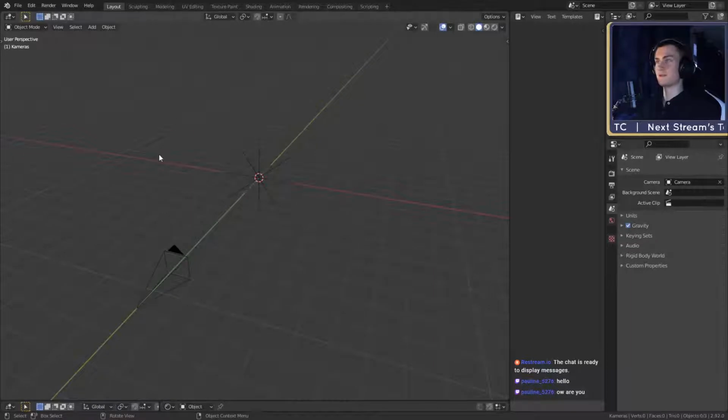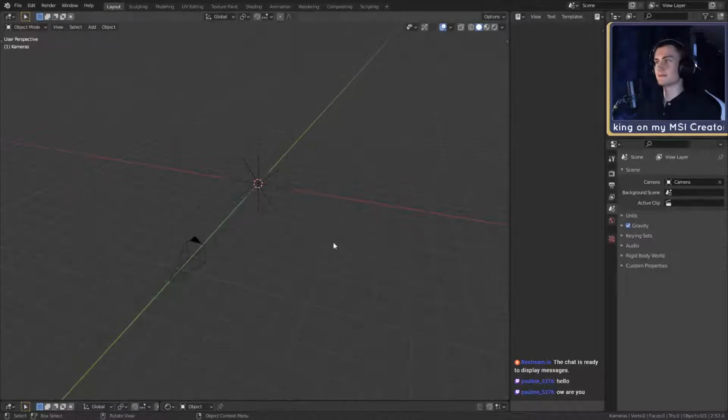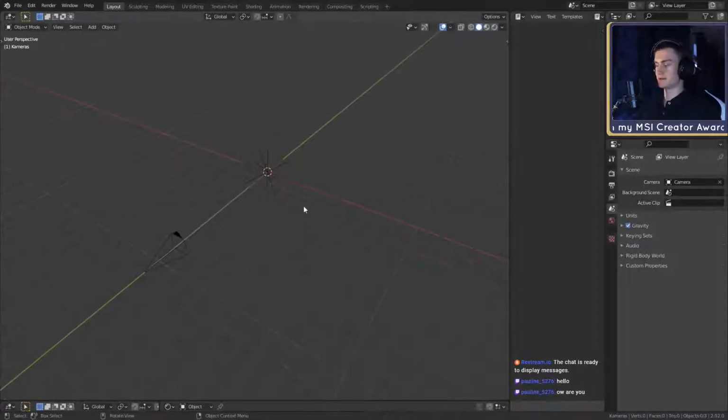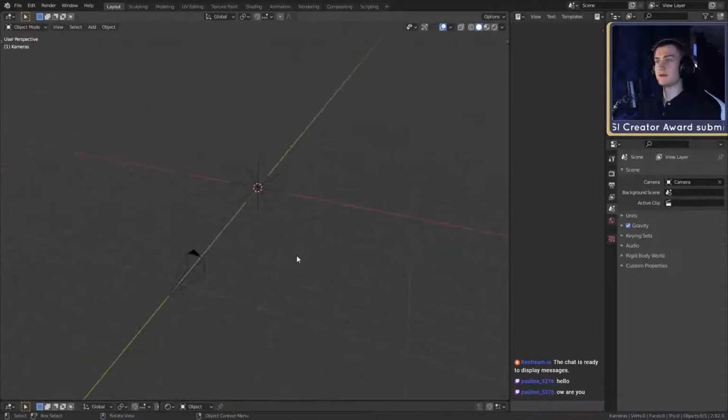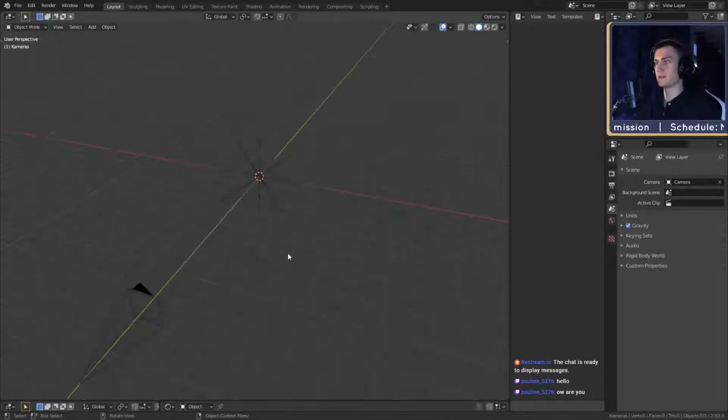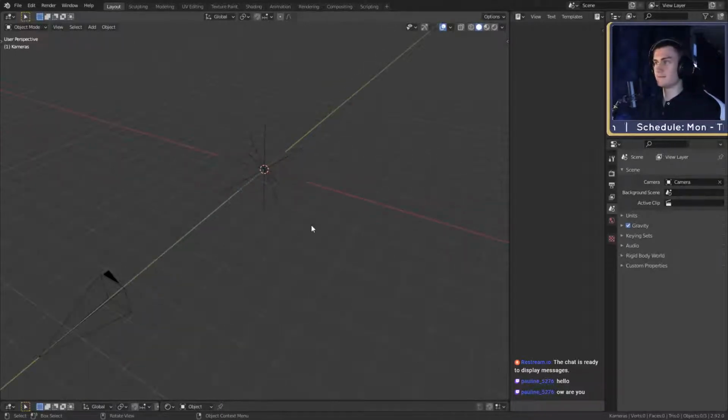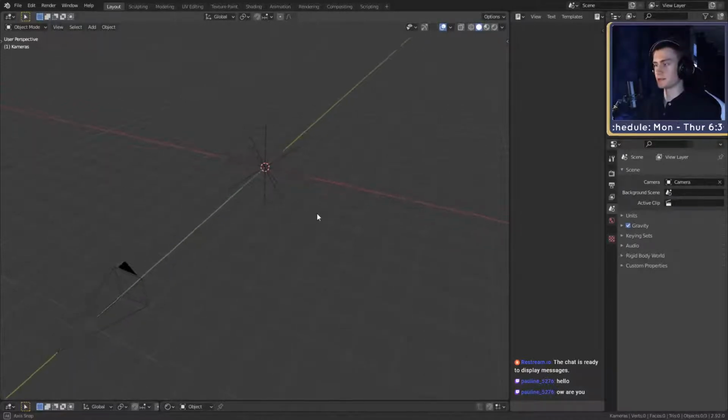Okay, so I'm ready. My timer is ready. I have my human base mesh, so we can start. 30-minute quick sketch. There you go. Okay, perfect. So in the beginning, I'm gonna make my 30-minute quick sketch, and then we're gonna go over to the long-term project that I'm working on right now. Yeah, we're gonna talk about a few interesting topics.